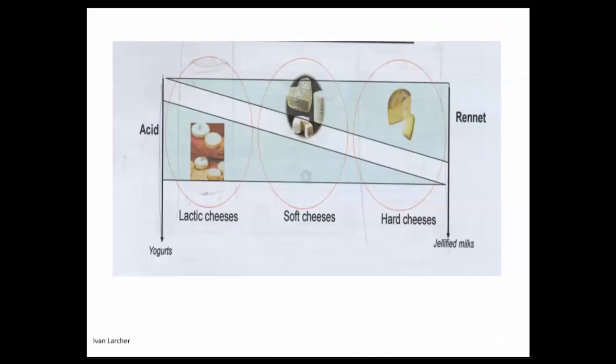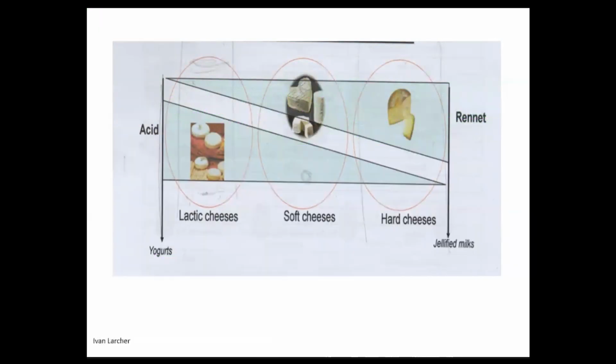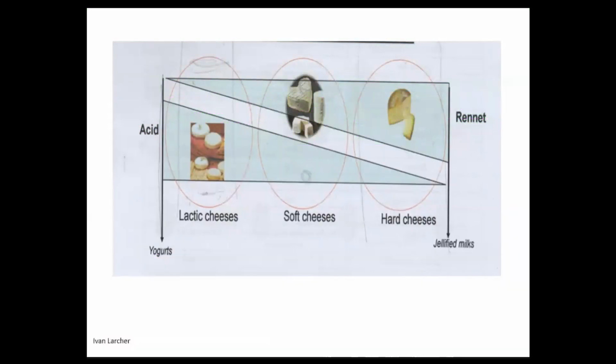And then over on this other side is where hard cheeses would reside. So hard cheeses, you're not acidifying them almost at all when they're milk. You're coagulating them through the use of rennet. So you're going to have a much higher dosage of rennet. Can I draw this? Yeah,